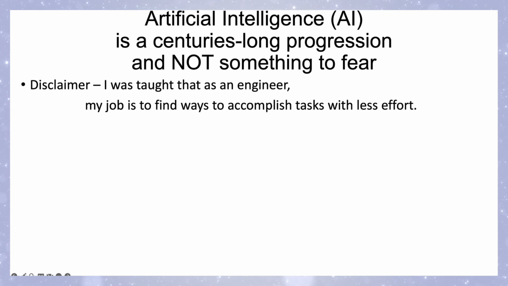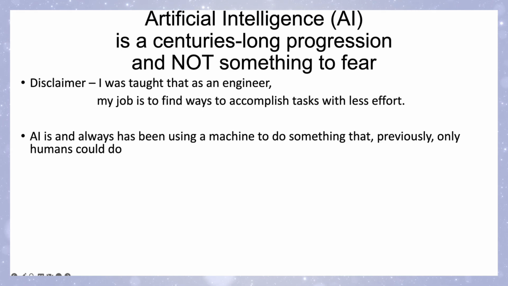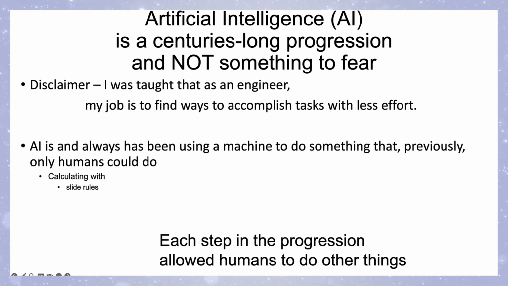You should know that I was, by training, an engineer, and I believe an engineer's job is to think of ways to get out of work. So I think AI has always been used as anything. I think AI is and always has been using a machine to do something that previously only humans could do. And so examples are